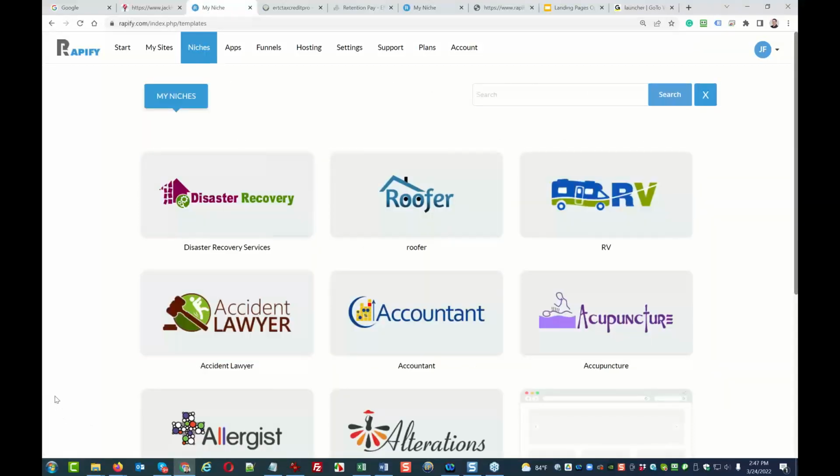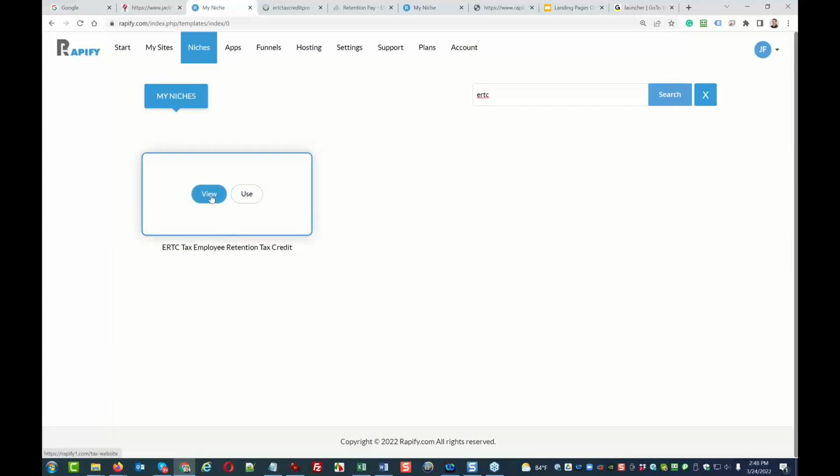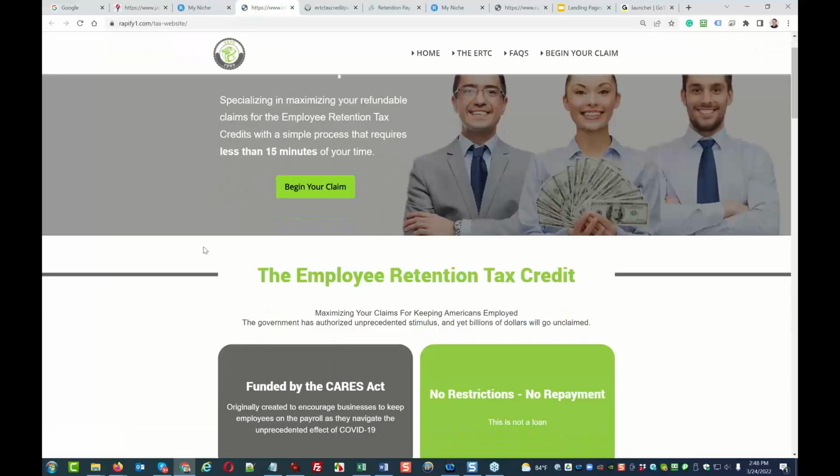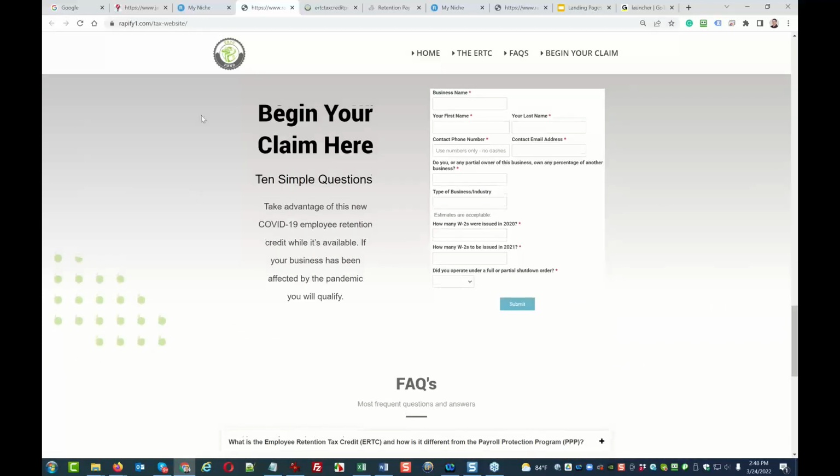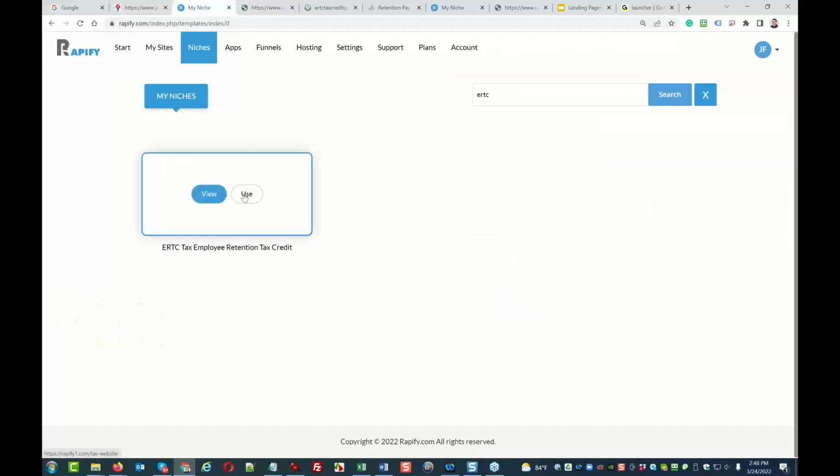Here are all the 280 websites, probably 300 websites, landing pages, websites. So we are looking for the E2C website or tax website or whatever you want to search for. And if you say, okay, let me view it first, this is the website I like to use, you know what we just went over, then you click on use.